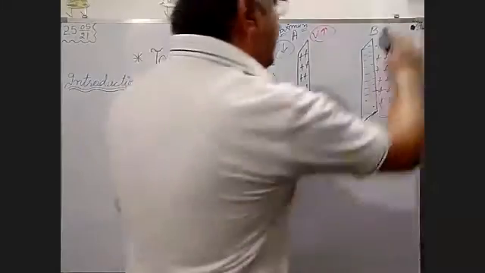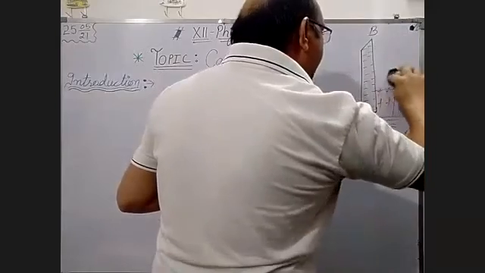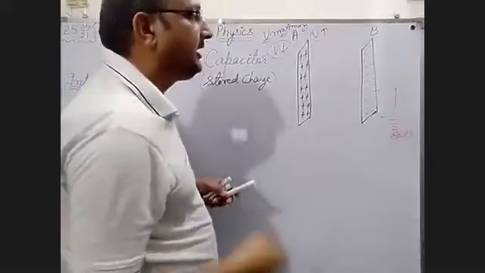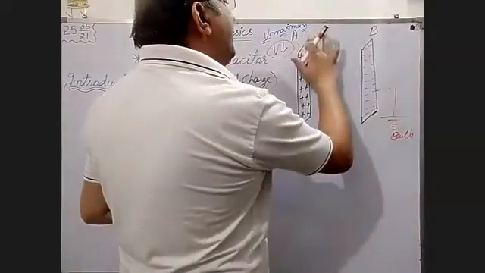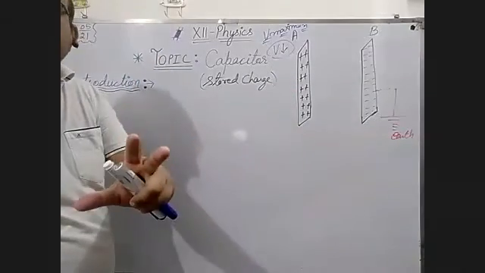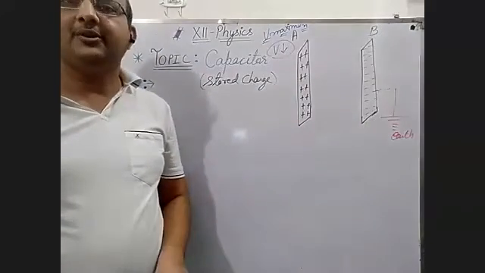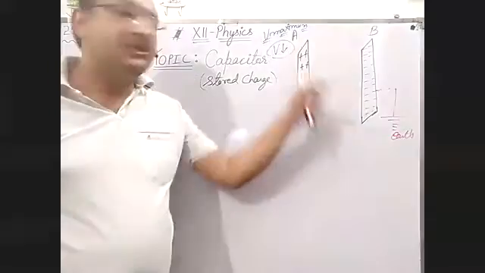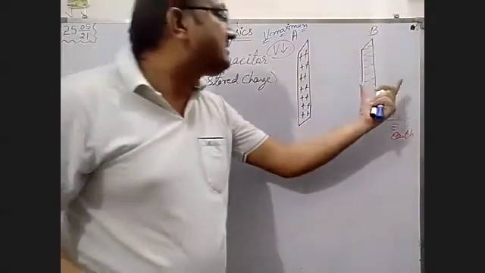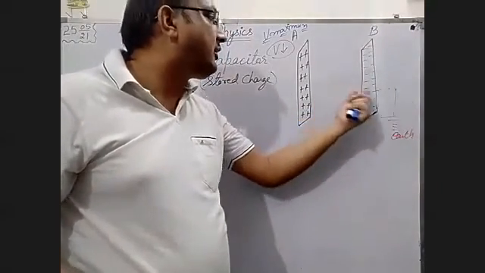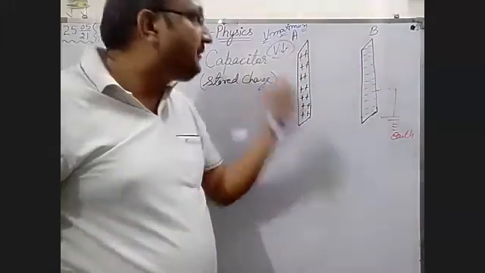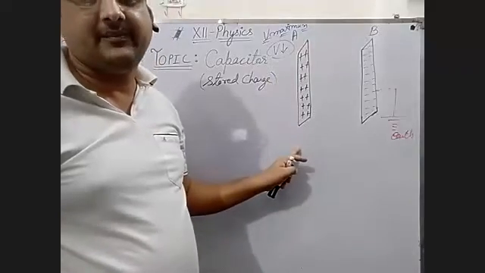After this, only the negative charge will be on plate B, and this negative charge is responsible for decreasing the potential at A. This is the working principle of a capacitor, which I am telling you. If we have two plates, one is charged and another one is not charged, and we place this other plate in front of or close to plate A, then this plate will be the cause of decreasing the potential at A.